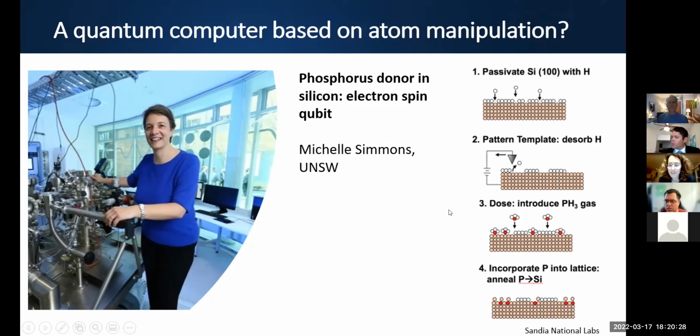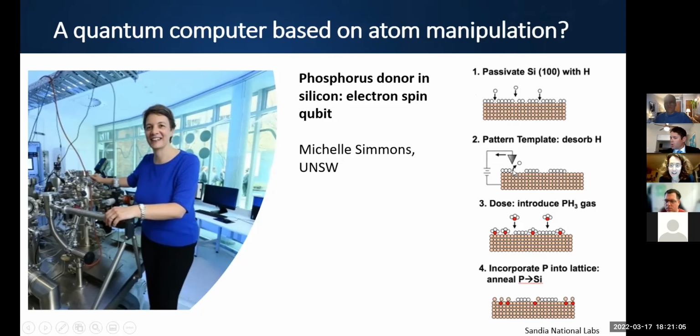And now you might understand the principle really well, because they have a similar microscope. I had copper in it, but they have silicon in it, and it is passivated with hydrogen. Now they use the same STM tip, applying some voltage to it to desorb the hydrogens. So basically this is a great atom patterning step, atomic precision, to determine where they want to take out the